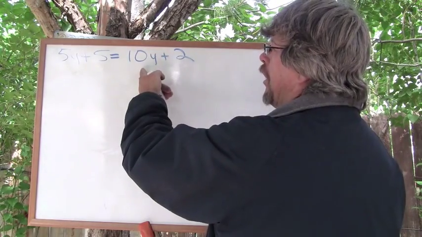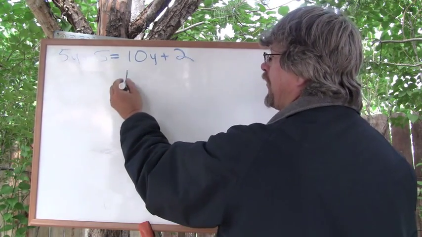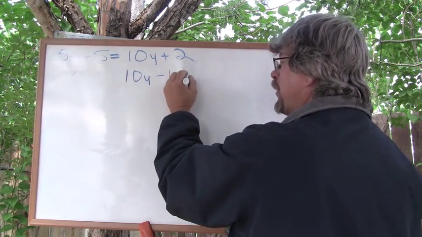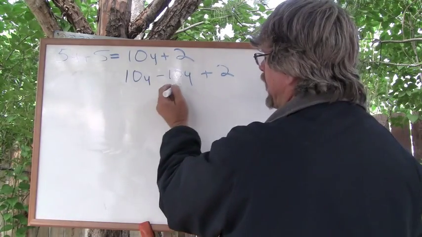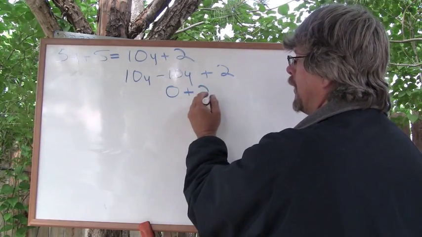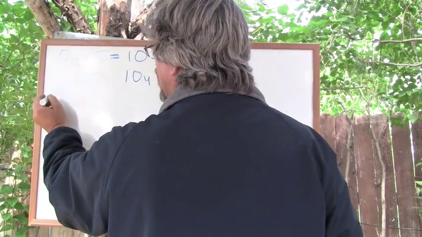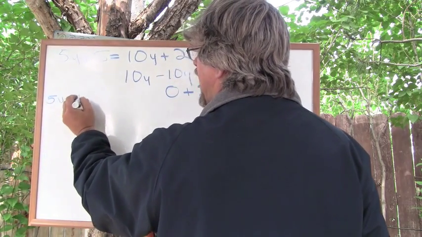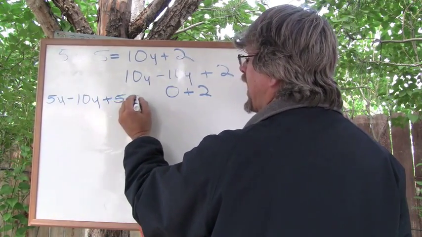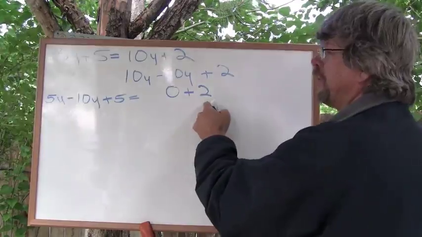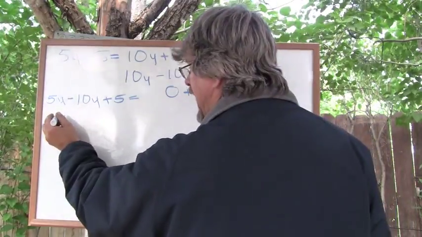10y is positive here. The way to get 10y over to this side is to subtract 10y, right? So if you go 10y minus 10y, don't forget you have a plus 2 here. 10y minus 10y is 0, but you subtracted 10y here, so you have to subtract 10y here. So we have 5y minus 10y, and don't forget you have a plus 5. Plus 5 equals 0 plus 2. Isn't that cool how that works? Well, what's 5 minus 10? Negative 5y